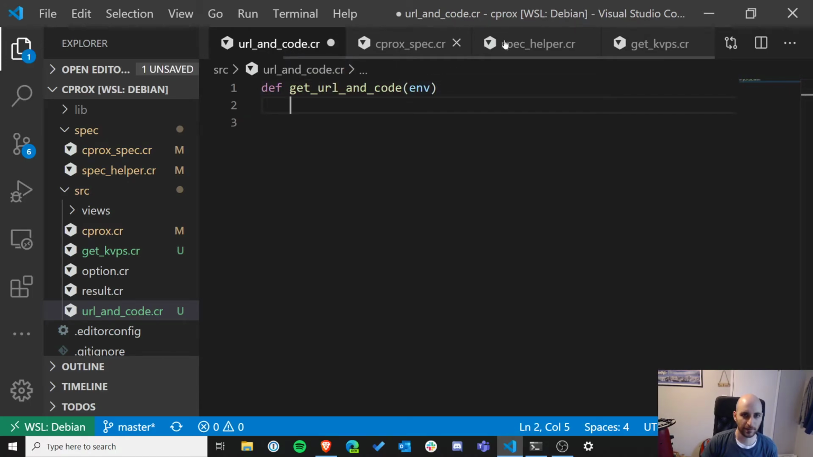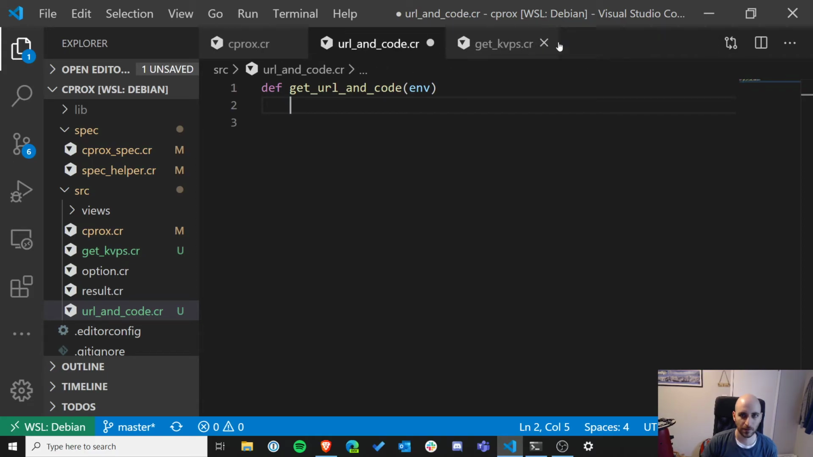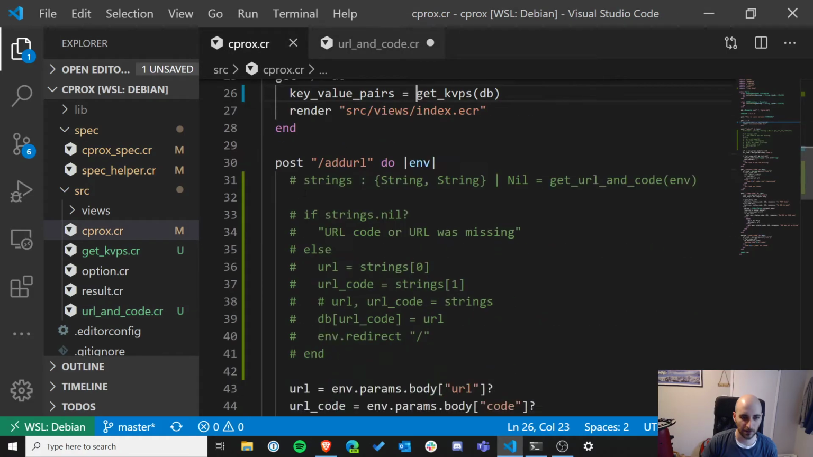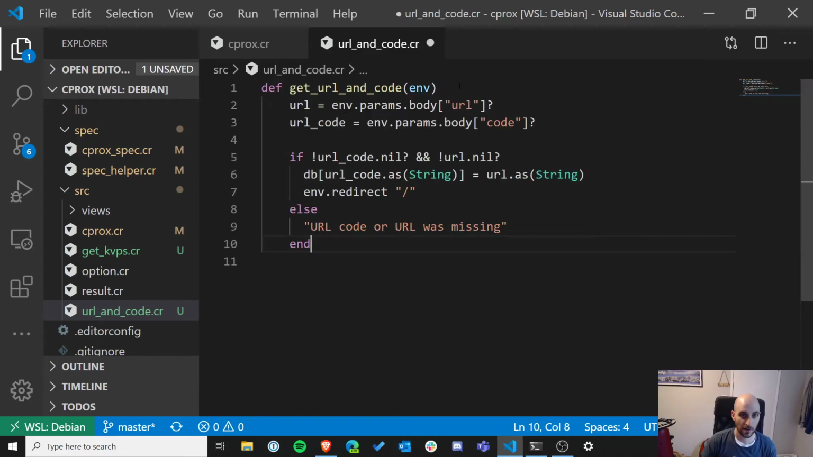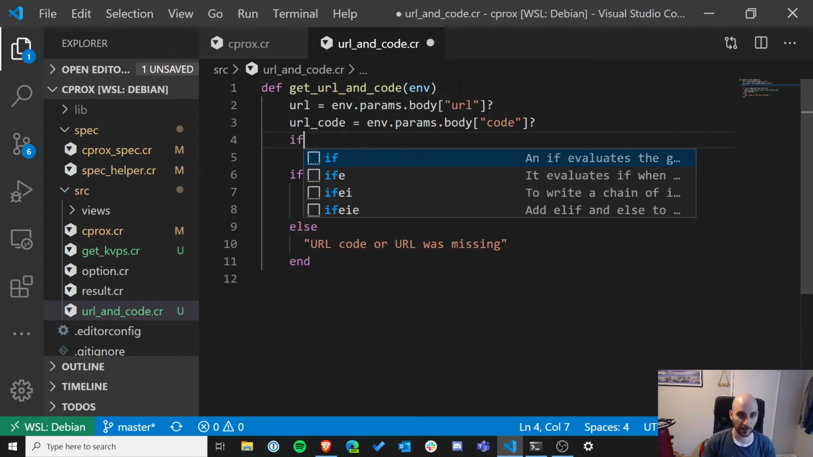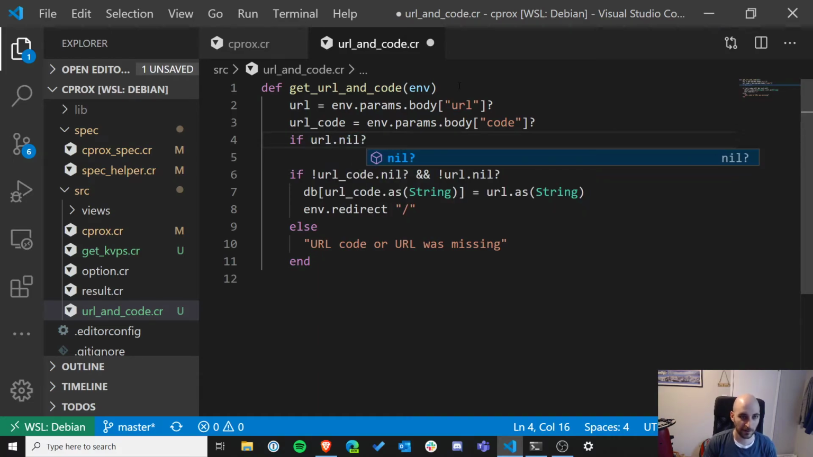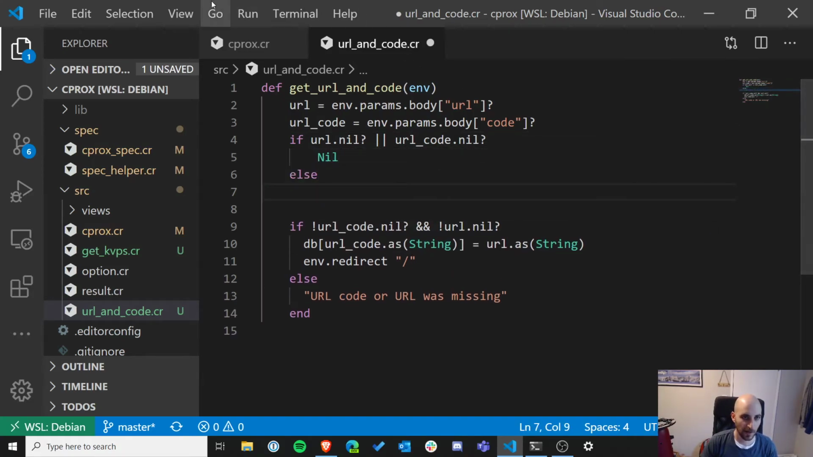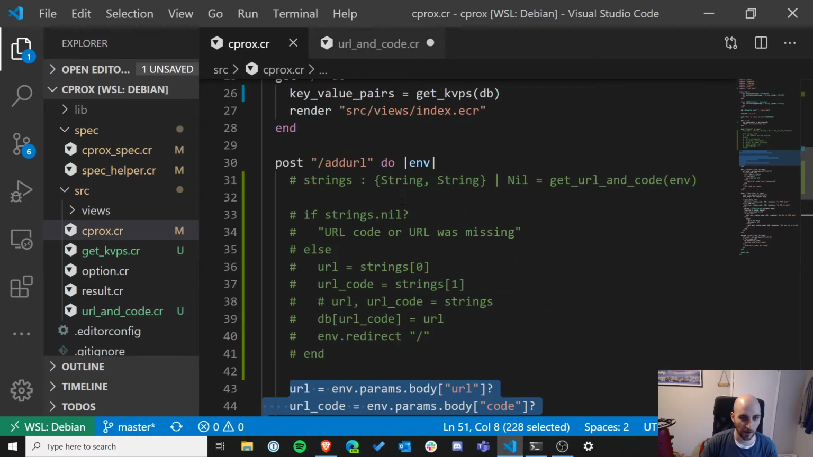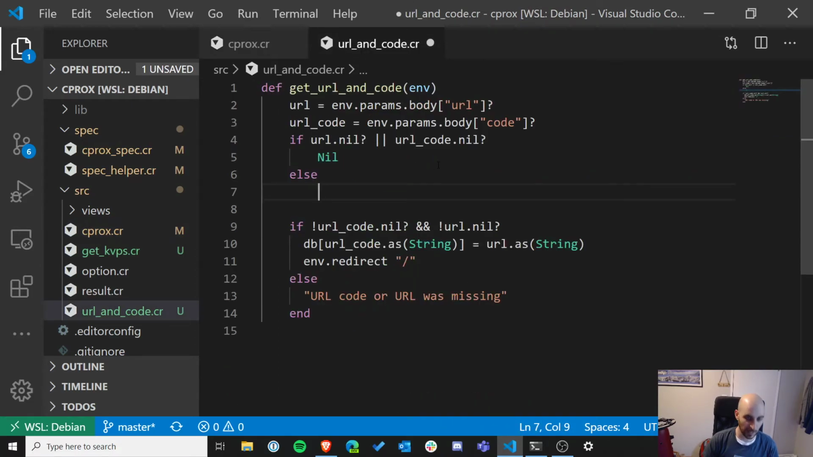All right. So let's get our URL and code. I'm going to copy this over first. And then we're going to go if URL nil or URL code nil, we're going to return nil. And now remember I said that I want this to return a tuple of 2 strings. So now I need to go if URL is a